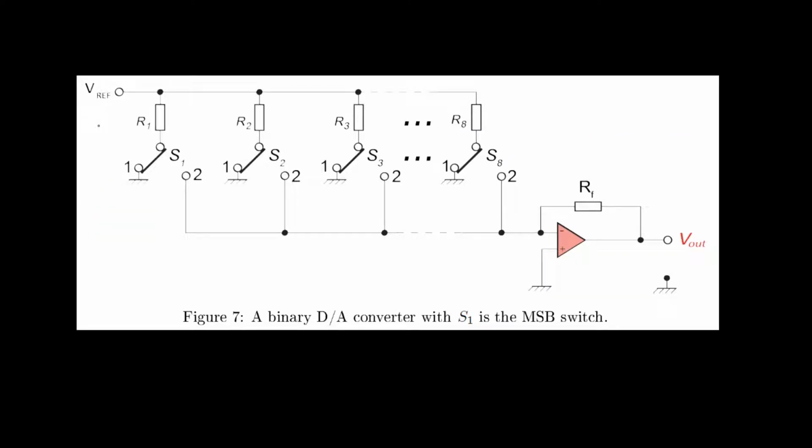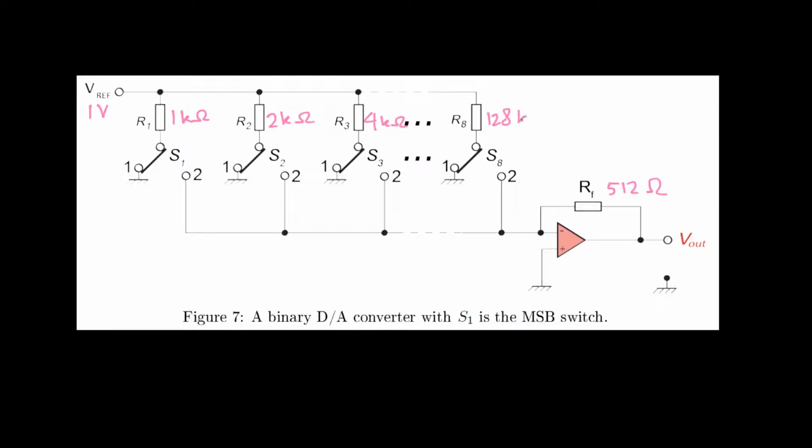Let's first write down the given information. Vref is 1 volt, R1 is 1 kilo ohm, and the feedback resistor Rf is 512 ohms. Moreover, this is a binary DA converter, meaning that every following resistor will be twice as large as the preceding resistor. So R2 will be 2 kilo ohms, R3 will be 4 kilo ohms, and R8 as a result will